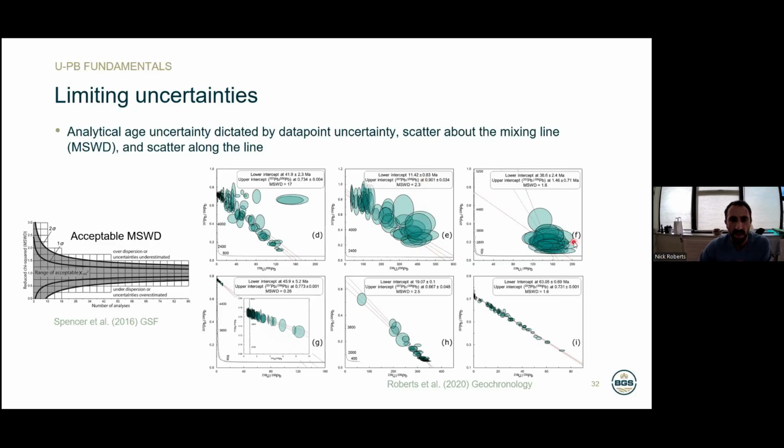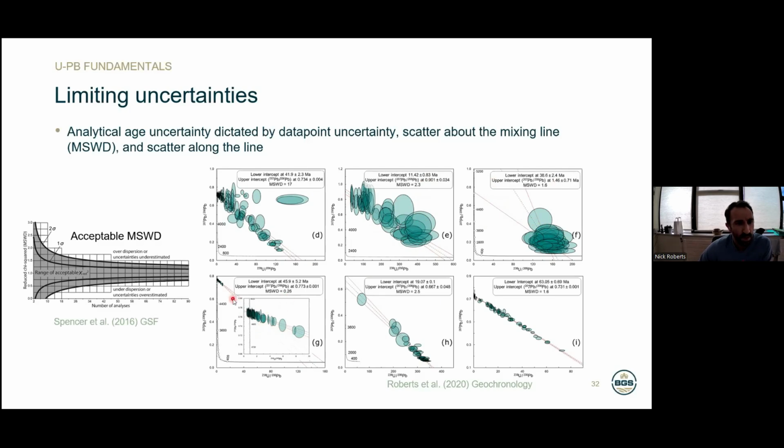10%. These data on the top right, they're quite radiogenic, but the data point uncertainties themselves are quite big as well, and we don't have much common lead data, so it's hard to draw a line. Again, we end up with quite a big uncertainty. If we look at the ones on the bottom there, we've got very little scatter. These data sit on the line beautifully, very low